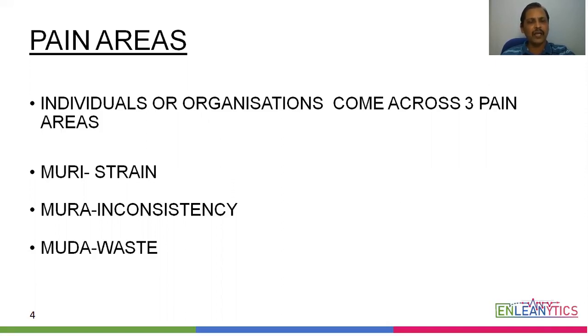The second important pain area the Toyota Production System focuses on is called Mura, or inconsistency. What is this inconsistency? Most of the time in our business organizations, both in manufacturing and services sectors, we come across unplanned changeovers, breakdowns, lack of standards in our day-to-day activities, or we keep changing our production and service schedules based on reactive adjustments. This unpredictability in our day-to-day production and service delivery results in a huge amount of inconsistency, and inconsistency leads to poor quality as well as poor productivity.